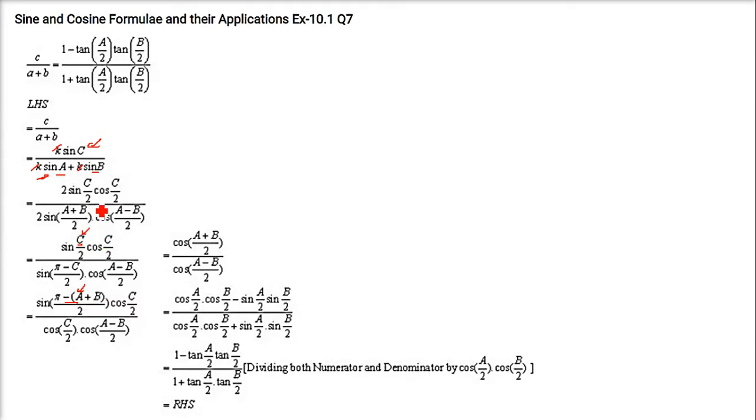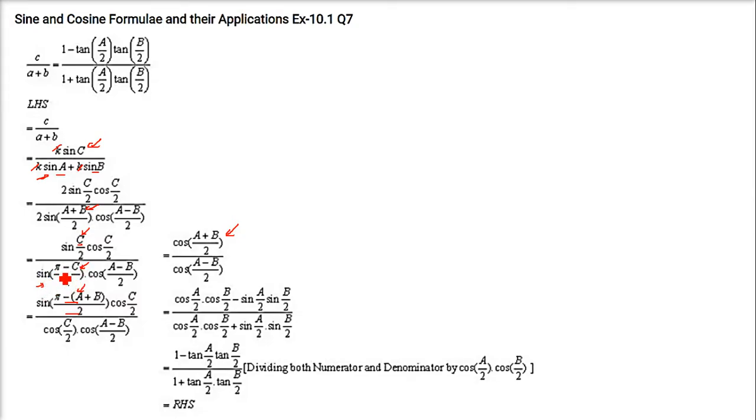Now this a plus b we have written as this one. A plus b can be written as pi minus c. So exactly what we have done here, this one. So the numerator will become sin pi by 2 minus a plus b by 2, which will be cos a plus b by 2, which is here. And in this denominator one, sin pi minus c by 2 is sin pi by